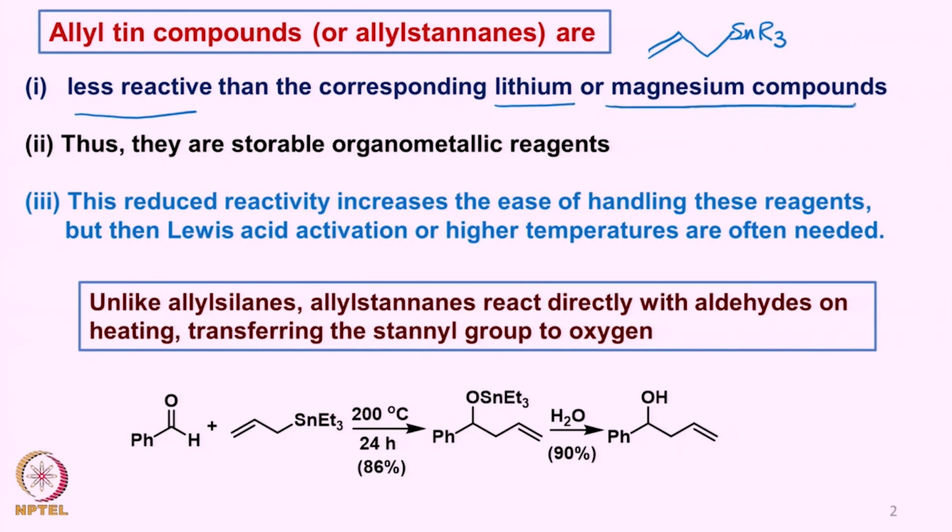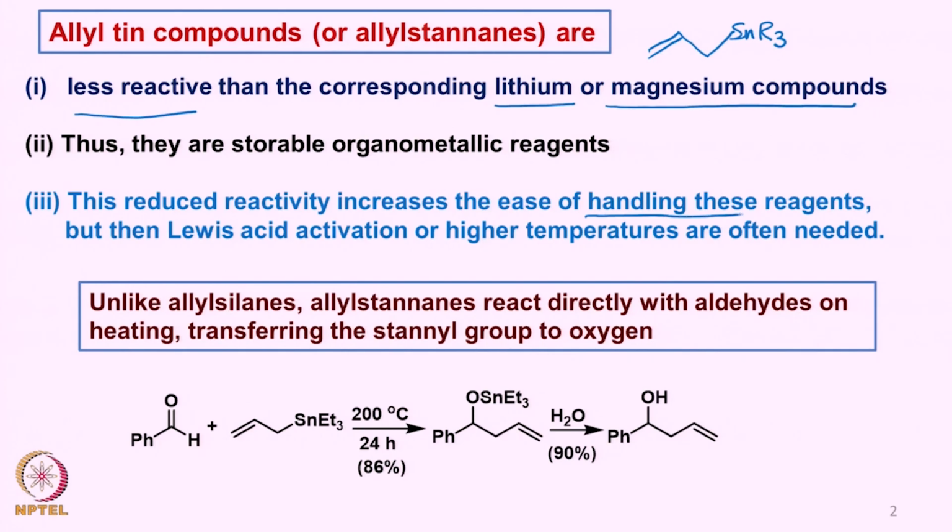Thus they can be stored easily, and therefore they are easier to handle. The reduced reactivity, because of the covalency of the carbon tin bond, increases the ease of handling,